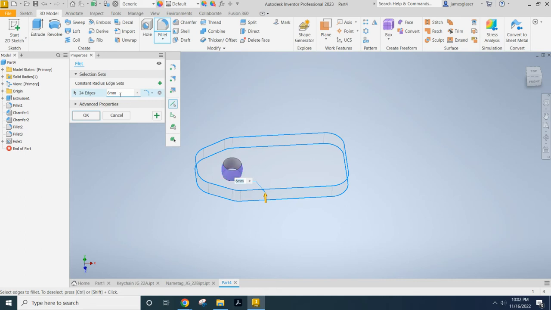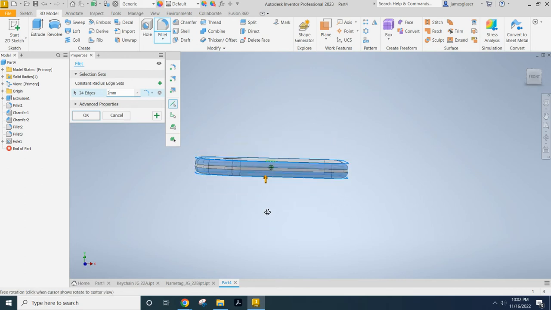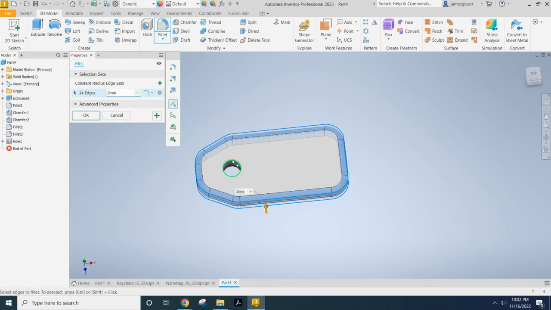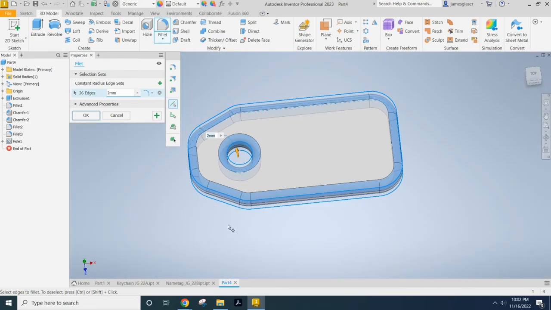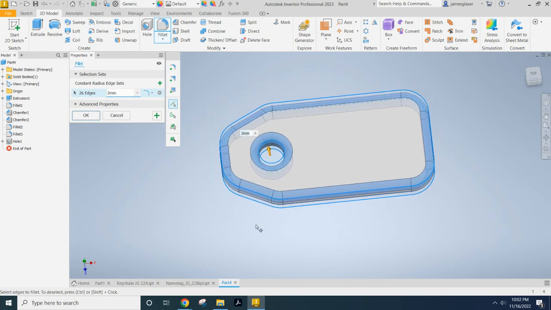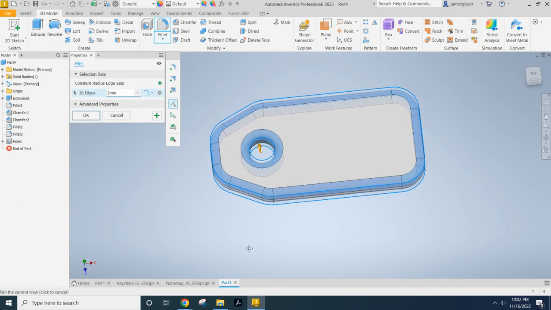And now it just did that because, wow, that's a huge fillet for there. Let's try 2 millimeters. Yeah, that 2 millimeter one looks fairly decent. So I'm going to click that and now zoom way in with my wheel. There we go. All right, so now if you hold the center mouse button and you hold